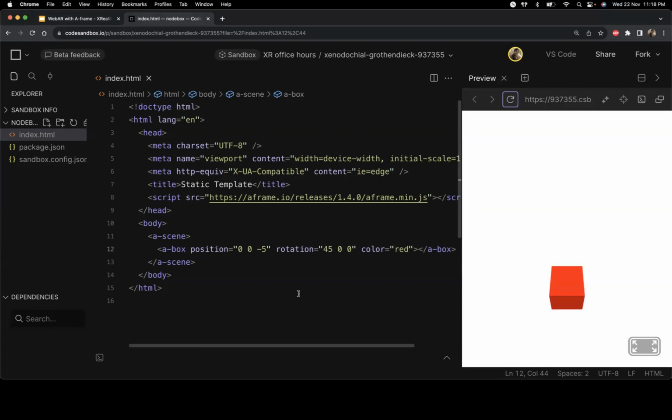Since it is the horizontal one, while rotating something on the x-axis, think of it that that object is suspended on a string like this, and so it is rotating in this way. So we see that our box is tilted a bit towards the front,